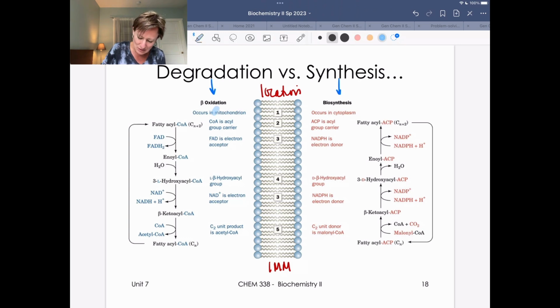whereas biosynthesis occurs exclusively in the cytoplasm. So degradation, again, is in the mitochondrion. Biosynthesis is in the cytoplasm. So we have a fairly easy way to regulate what's going on here because we know how impermeable that inner mitochondrial membrane is. So we haven't yet really talked about fatty acid biosynthesis. We've talked about the details of degradation. So this is a great slide to introduce what we're going to talk about